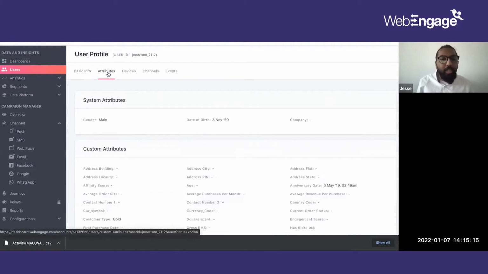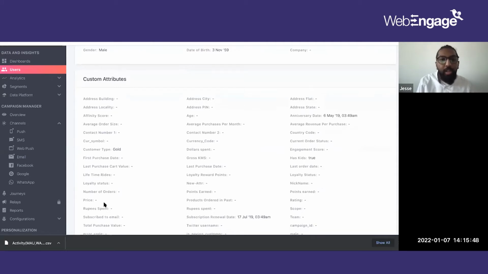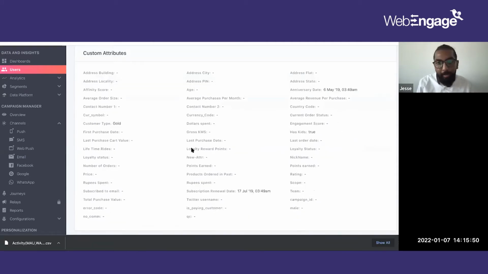Now, moving on to the attribute section, like I said, WebEngage uses 2 different ways to capture information. One is the system attribute, which our SDK captures by default, and the second is the custom attributes. These custom attributes are very specific to a particular business. Say, for example, you are an e-commerce client and you want to look at the average order value of all your customers. Then you can have that custom attribute configured. If you want to look at the first purchase date, so you can have an anniversary for them in terms of personalization, you can capture that as well. All the data that is relevant to your particular business falls under custom, and you can configure that for yourself.